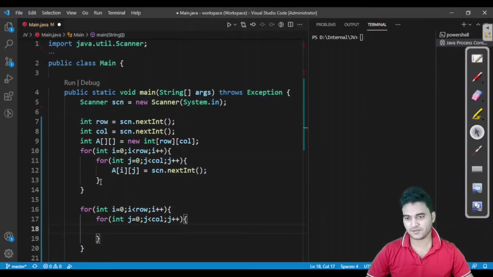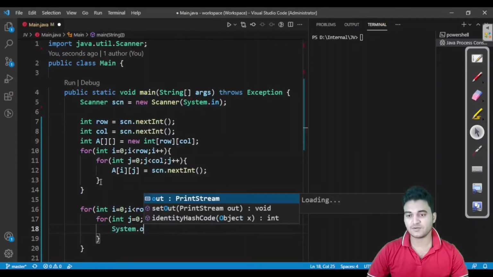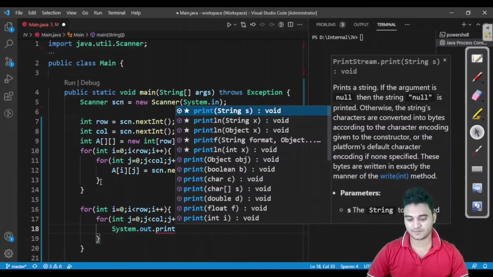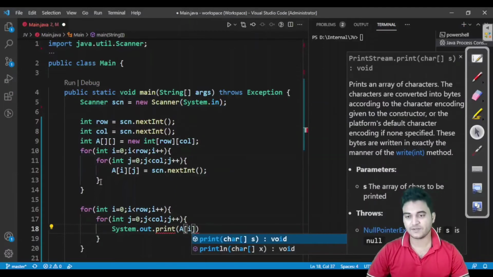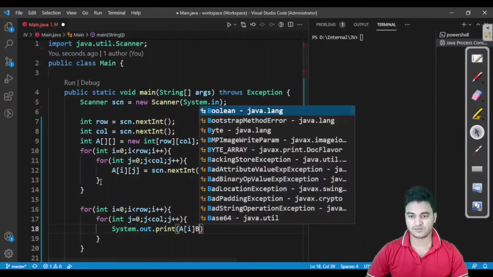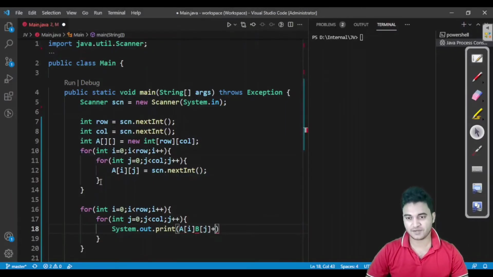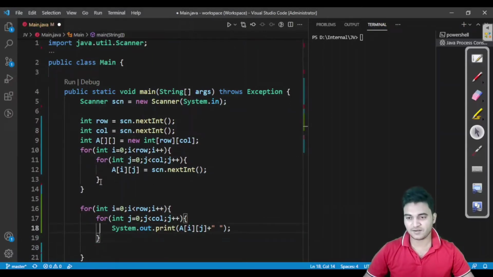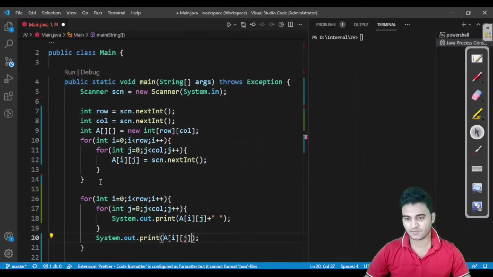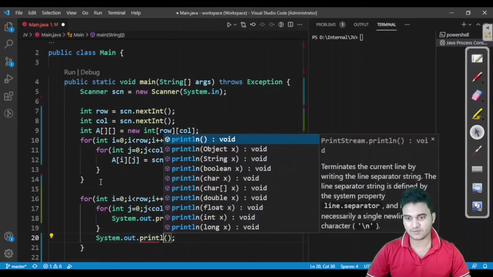Let us see what it is going to print. So system dot out dot print and a of i j. This is kind of a pattern program also, so I would be adding this particular program into pattern series 2. And here I have to break a line.